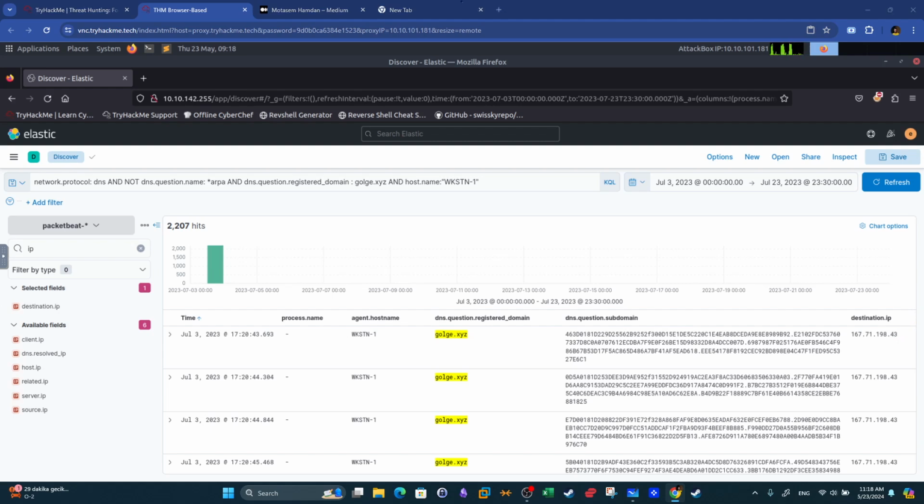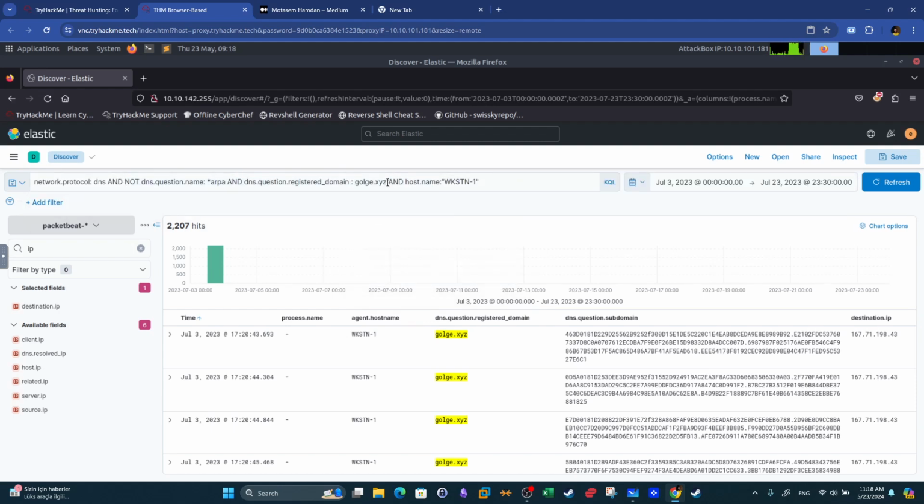Okay, so what we want to do now, we want to take a look at all the queries sent to this IP address. These might be DNS queries, these might be DNS queries over other protocols. To find out the exact PowerShell downloaded, we're going to have to examine the network connections made to this IP address. So now we're going to modify the query here,